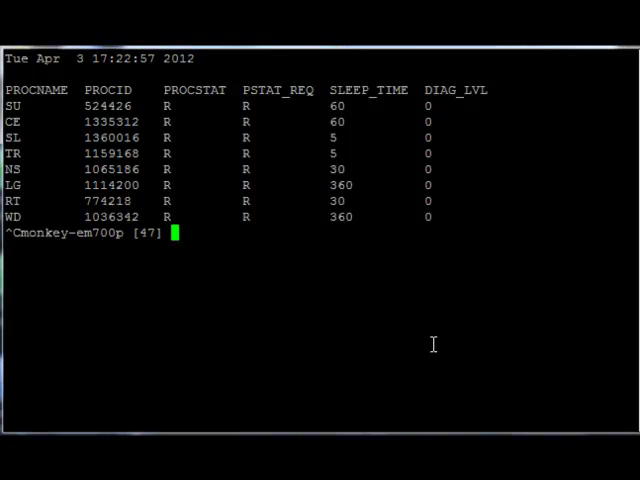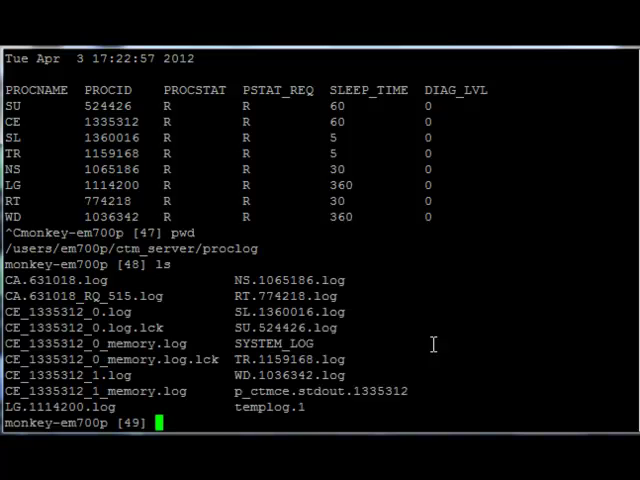We can see from the output of the PRF command that none of the Control-M server processes are in debug at this time. All of the server processes write their log files to the proclog directory. The file names start with the first 2 letters of the Control-M server process. The second part of the file name is the actual process ID from the machine. If we look at the NS process,